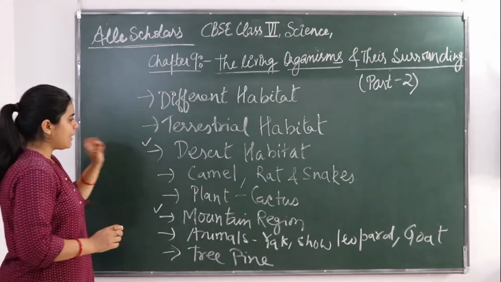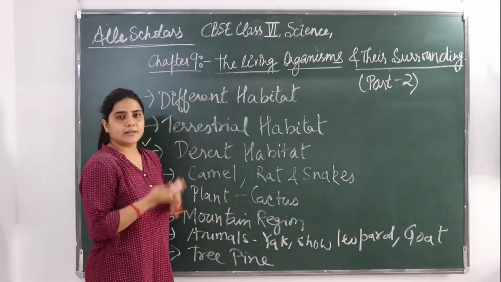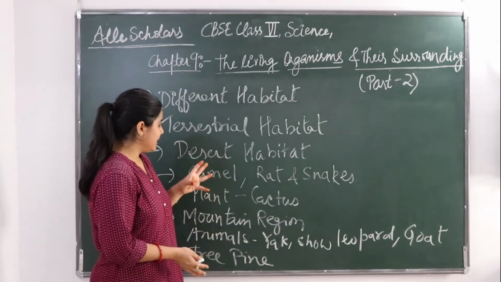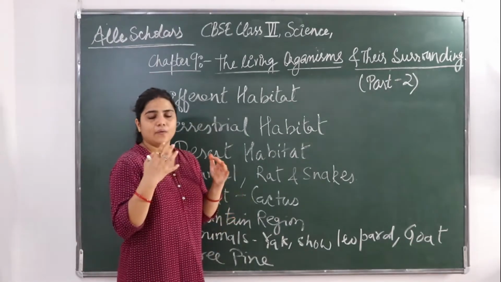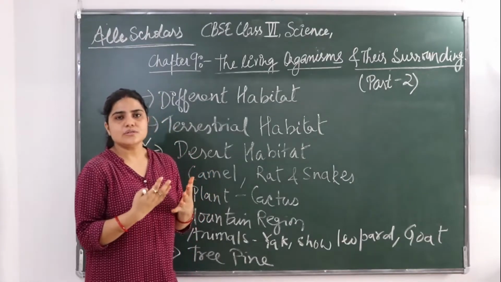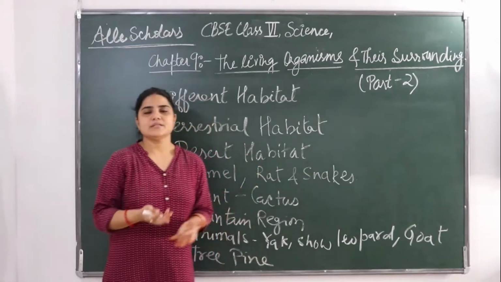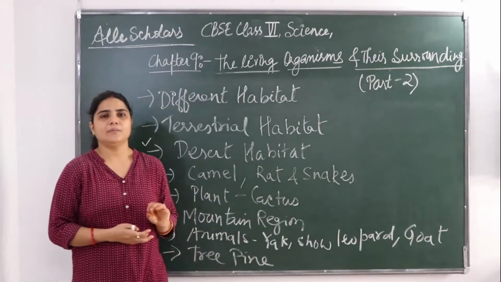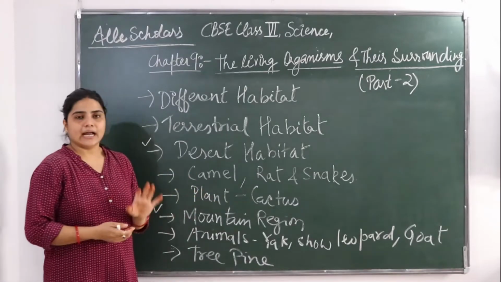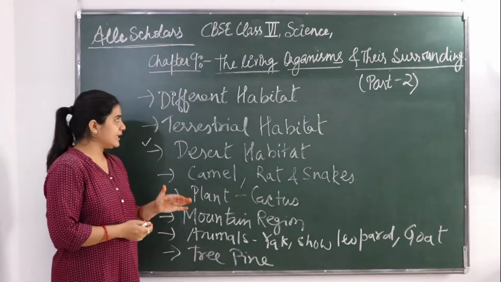In desert habitat we will discuss the animal camel, how it has adapted itself to the desert because of its long legs and how it has a tendency to lose less water. Then we will see rat and snakes, what measures they follow to adapt themselves to deserts. Then we will see the plant cactus, how its leaf, stem, roots are designed so that it can adapt itself